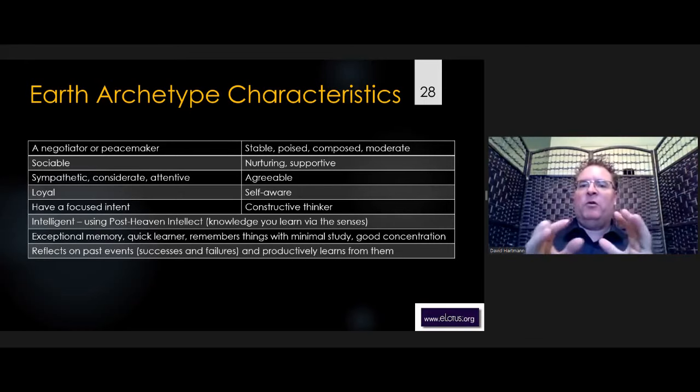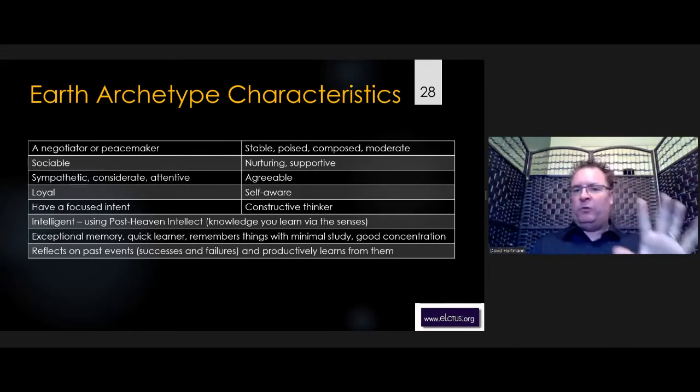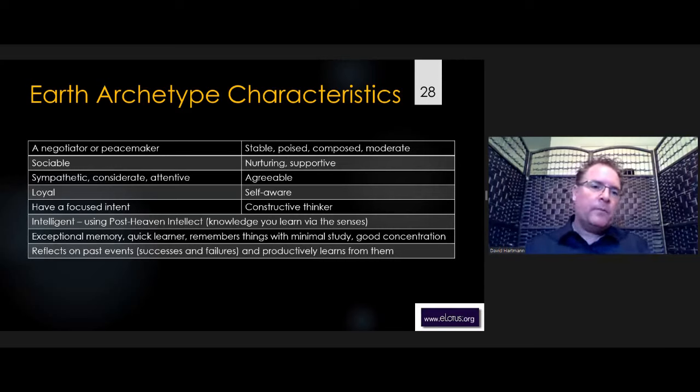So if you're metal or water, they know that if they're just a little bit further away, not so much in your personal space, that's a good appropriate distance. Whereas if you're more a fire or an earth archetype person that they're talking to, you can get up in their personal space a little bit more, depends on what's going on in their world at that point in time. But they know the distance and they're very attentive. They don't look distracted. It's an amazing skill to have.